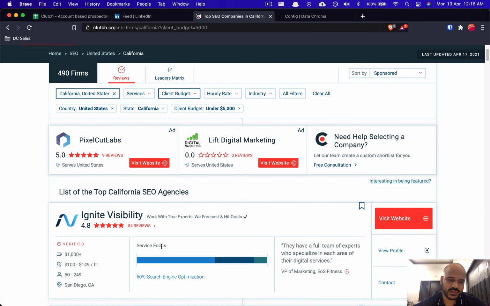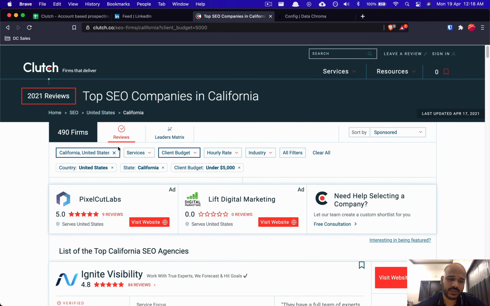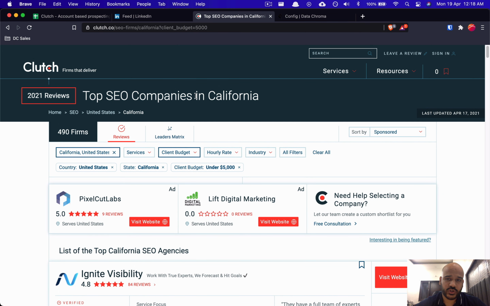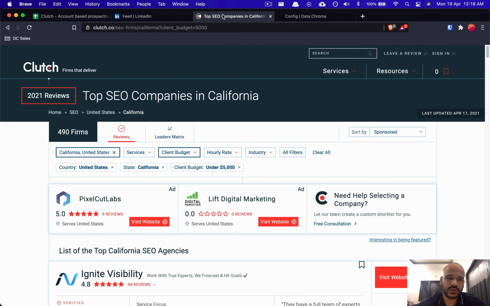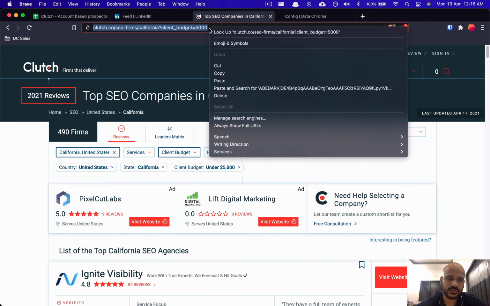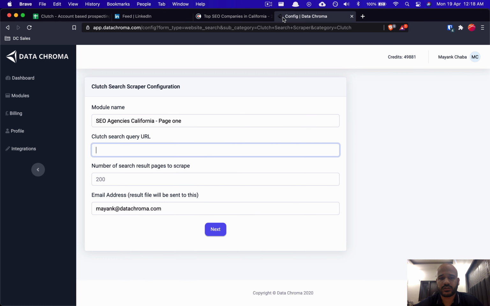Each page has 50 companies. So for this video, I'm just going to scrape the first 50 companies to show you guys the process. But you can scrape as many companies or as many pages as you want. Let's enter the Clutch search query URL. Under this field, we're going to copy this URL. Whenever you make a search inside Clutch, just copy the final URL from here